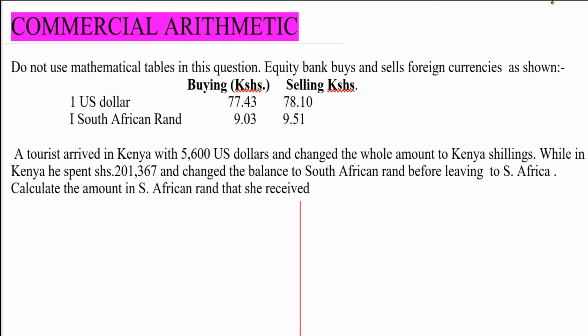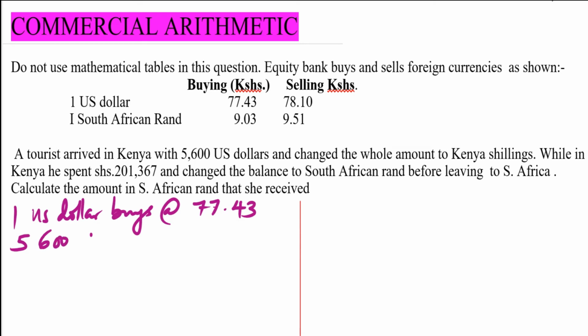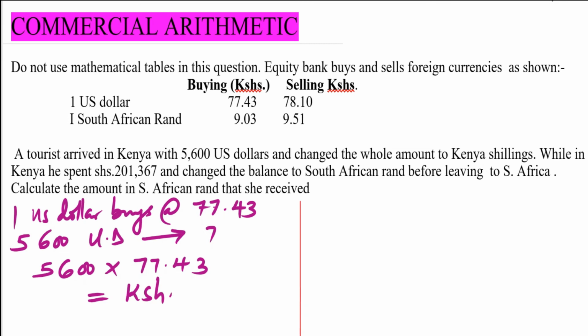The first thing to do is to convert the US dollars to Kenyan shilling. So the Kenyan bank will buy the US dollar. So the rate is 1 US dollar buys at 77 shillings and 43 cents. So what about 5,600 US dollars? So to get this, multiply 5,600 by 77 shillings and 43 cents. So this gives Kenyan shillings